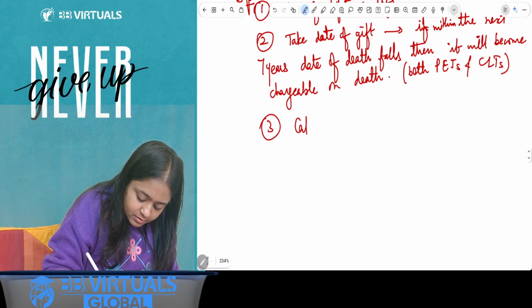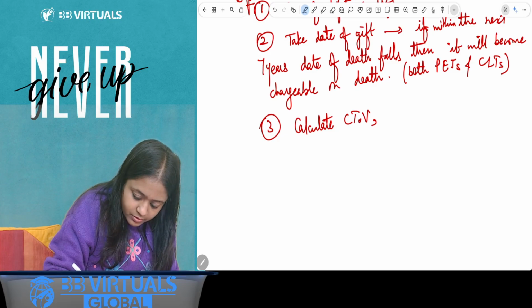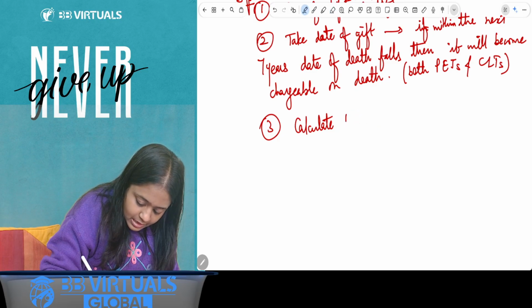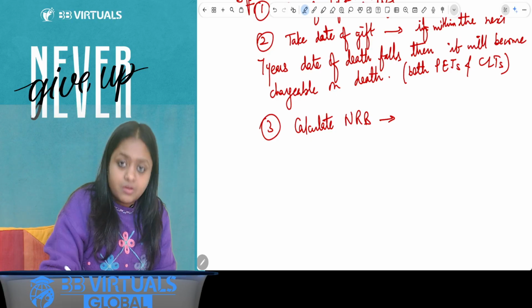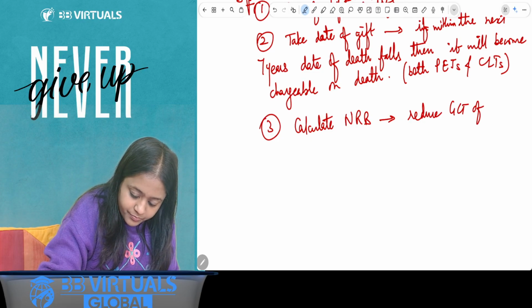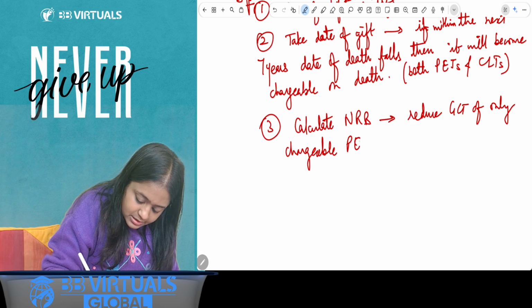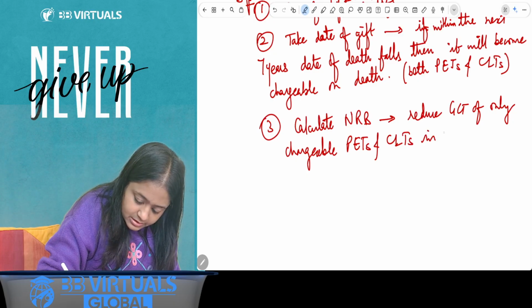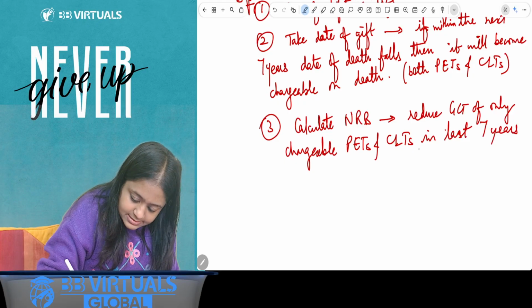Third, calculate chargeable transfer of value. That is our starting point, although I will not write it. Calculate NRB. While you calculate NRB, tips. Number 1, the tip is reduce GCT of only chargeable PETs and CLTs falling in the last 7 years,